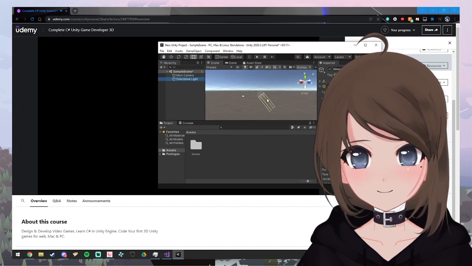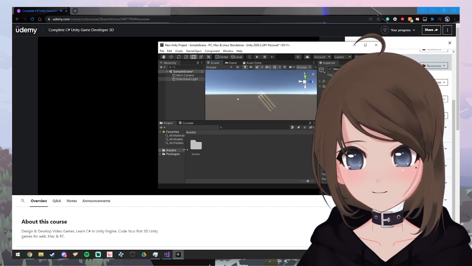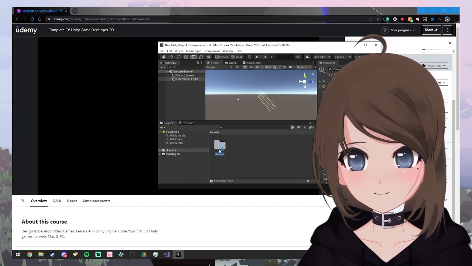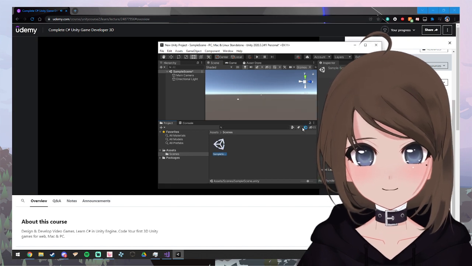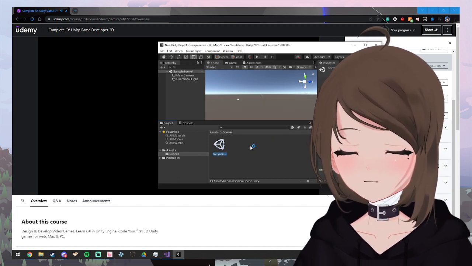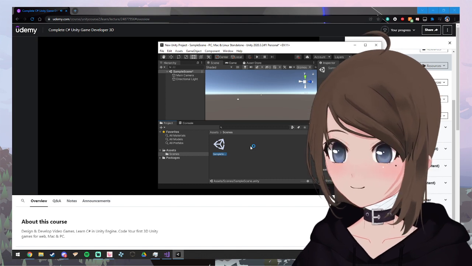Down in the bottom, you'll see we have the projects tab. You might want to grab the line down the middle and give yourself a little bit more real estate here. If I click on my assets folder, you see I have a scenes folder within that. Click on scenes, and you see a sample scene. That's the current scene that we've created, the scene or the level or the world. We've only got one at the moment within our project. Up the top left, you'll see experimenting. That's the name of my project. Sample scene is the current scene that we're on.